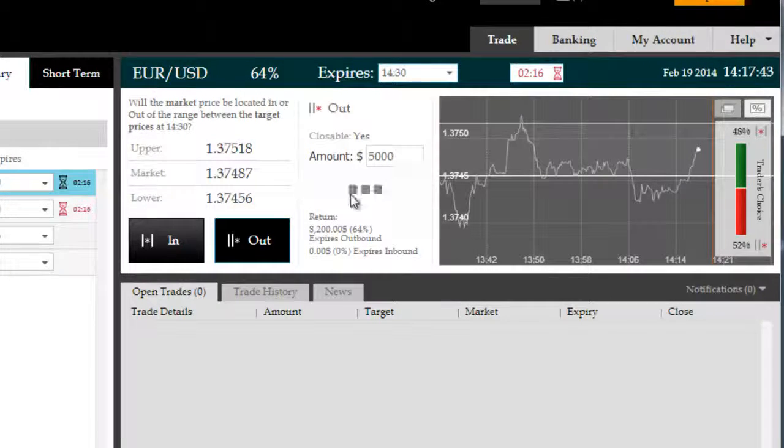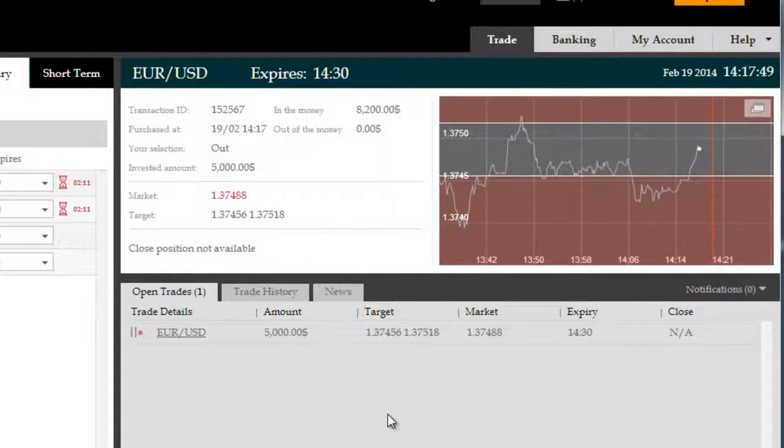So 61.8% being a high volatility retracement, we're going to go for outside the current boundary and execute this trade. Any boundary trade where you take an outside position starts out of the money, and when price gets into it, it obviously gets back into the money. So ITM Saturn Pro has pointed out an automatically calculated 61.8% retracement level to us, and that has allowed us